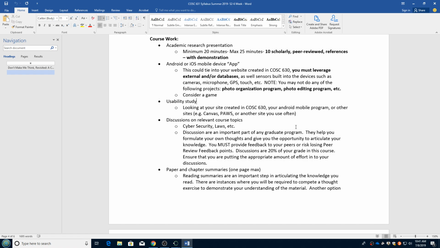Yeah, it might be a little bit of a hog, but if you have plenty of memory, you should be fine. On the usability study side of things,